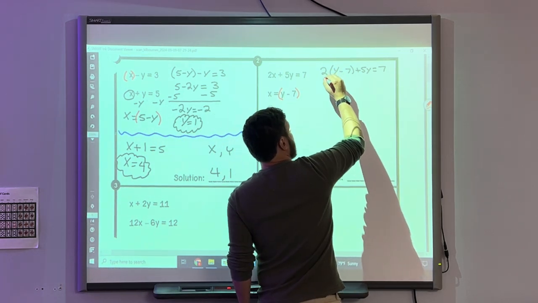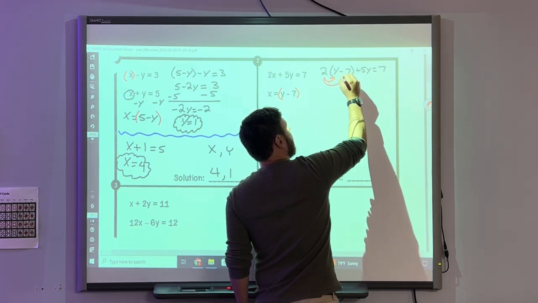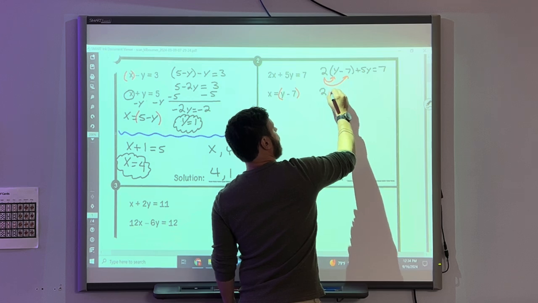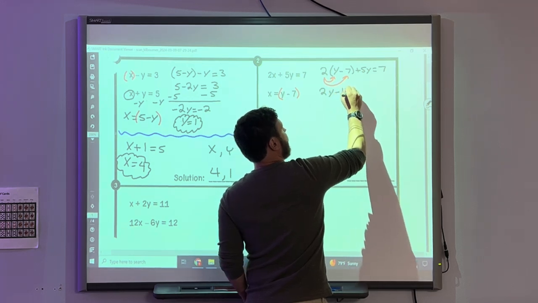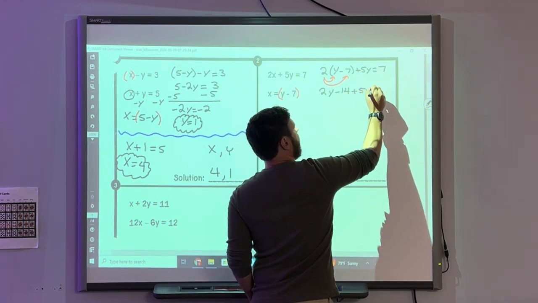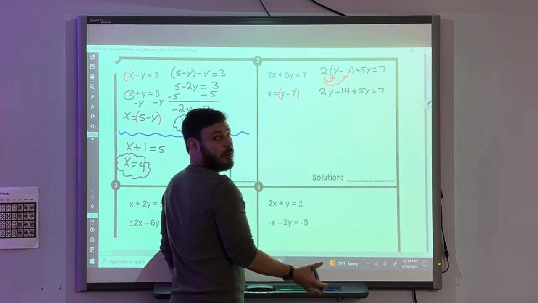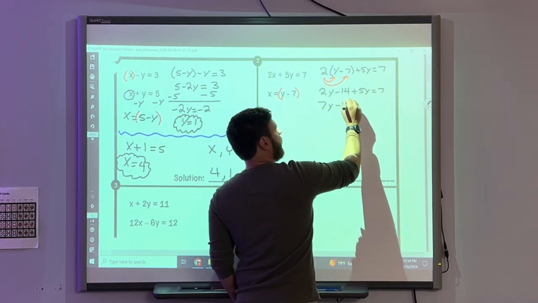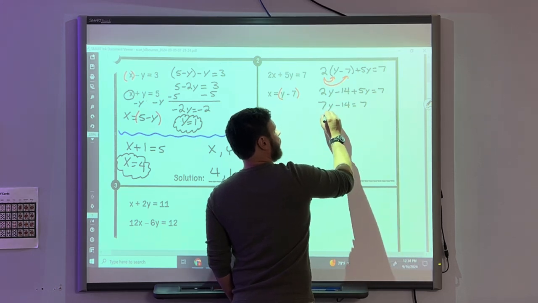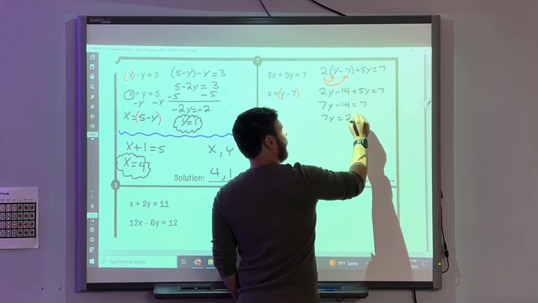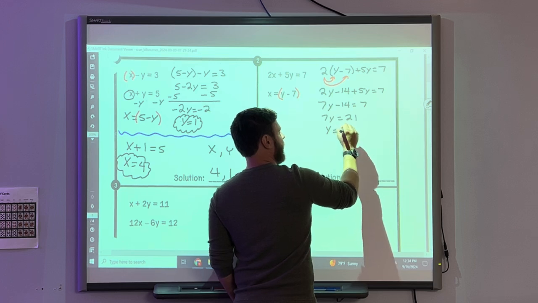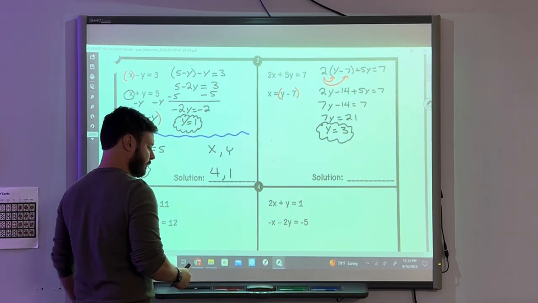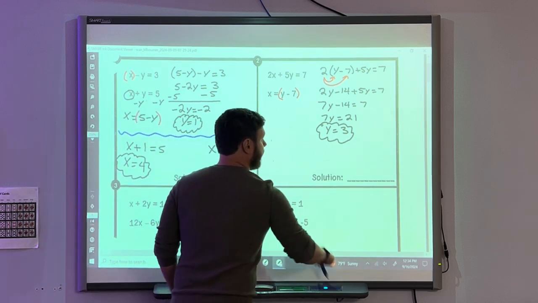Now I have a little bit of distributing that I'm going to do here. 2y minus 14 plus 5y equals 7. Let's clean it up by combining like terms. 7y minus 14 equals 7. 7y equals 21. Y equals 3. Okay. Now let's plug that in